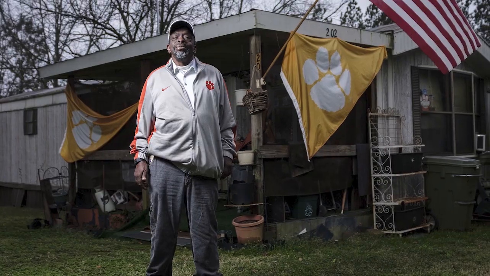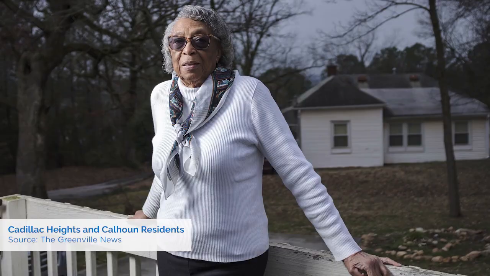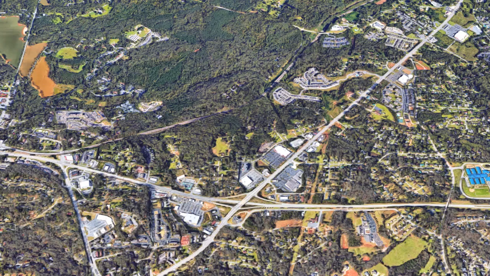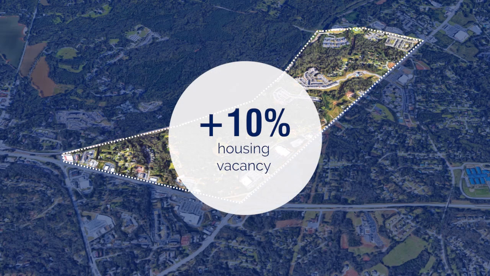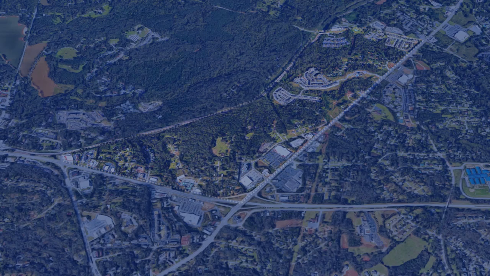Another dimension of these rising land prices is the impact on neighborhoods like Cadillac Heights. The unmet demand for student housing all across Clemson means that student housing developers are looking for more land where they can build that student housing and buying that land in areas where prices are lower. This is accelerating the displacement of community members in these historic African American neighborhoods. Since 2013, housing vacancy has actually increased 10% in this area, which indicates that longtime residents are moving out and that the community is slowly shrinking.